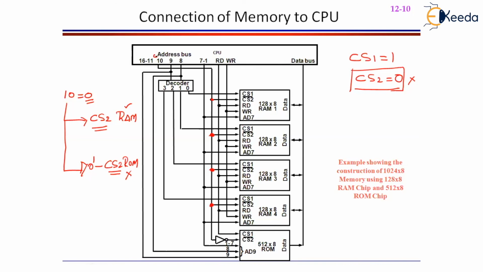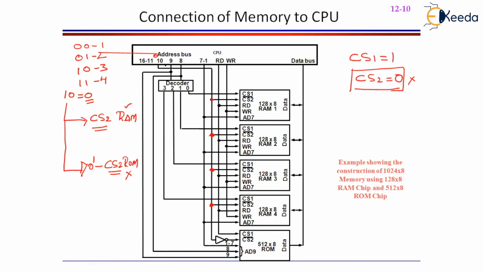Let us say the 10th digit is equal to 0. So all CS2s are enabled, meaning all the RAMs are ready to be enabled, but only one chip should get enabled. How are we going to define which RAM chip? Whenever the 10th digit is equal to a 0, one of the RAM chips should get enabled, which is going to be decided by the 9 and 8 digits, right? Whenever the 9 and 8 digits are 0, 0, first RAM; 0, 1, second RAM; 1, 0, third RAM; 1, 1, fourth RAM.